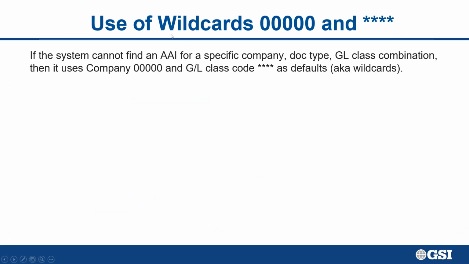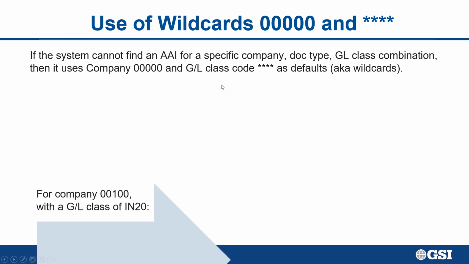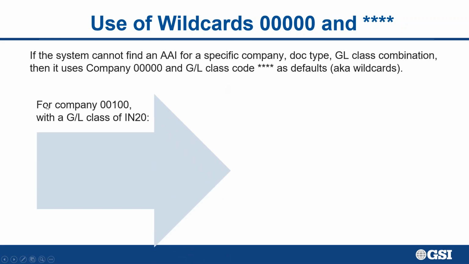Now, I just briefly mentioned the use of the wildcards, the company zero and the asterisk. So what we're going to do is go through the process of how the system looks up an account number using the DMAAIs, because these are valid entries, the company zero and the asterisk. So if we're going to do an adjustment for an item in company 100, and let's say it has a geo class code of IN20, for our example, the first thing that the adjustment program is going to do is